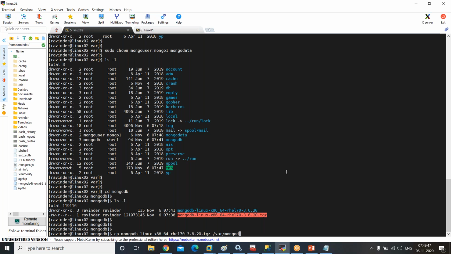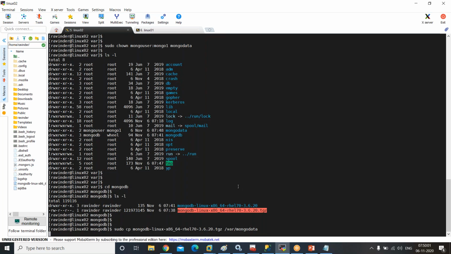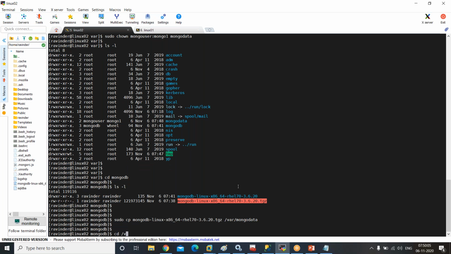It's not doing it. What is it? Mongo data only, right? So for cp I'm using sudo, I have to use it actually because Ravinder doesn't own it. I'm using sudo. It is going to copy. So it is copied. Now if I go to Mongo data,